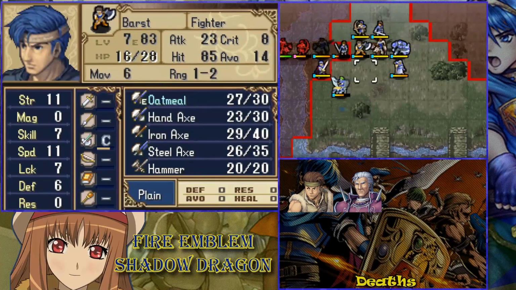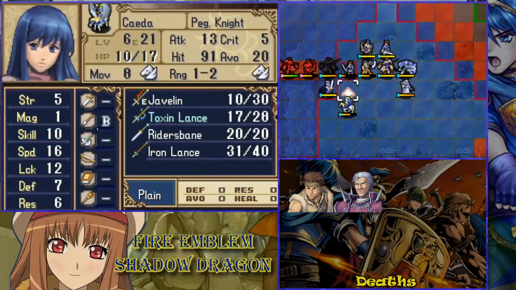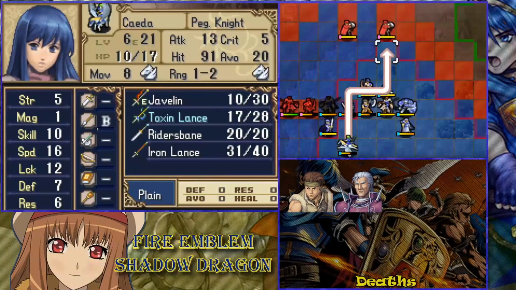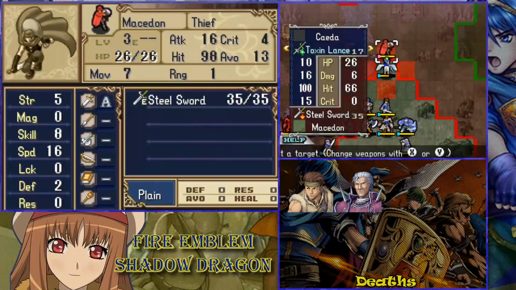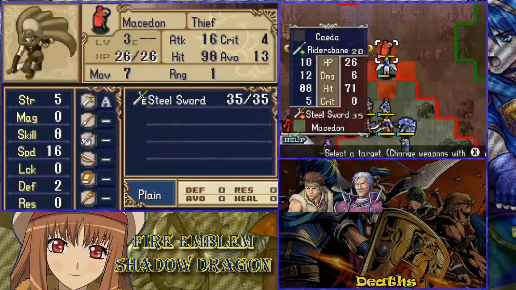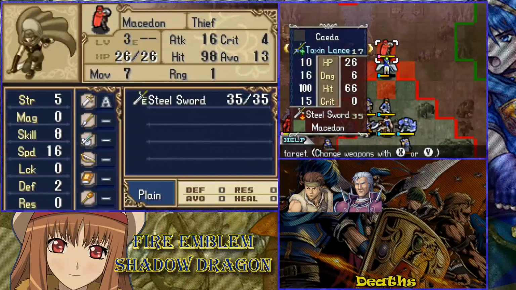Assuming that we can get the Javelin... wait, who was it that did 12 again? Don't think it was Sita. So Sita could probably just Iron Lance, or maybe Toxin Lance. Perhaps that's our best bet. Maybe Rider's Bane. We'll Toxin Lance, and then...